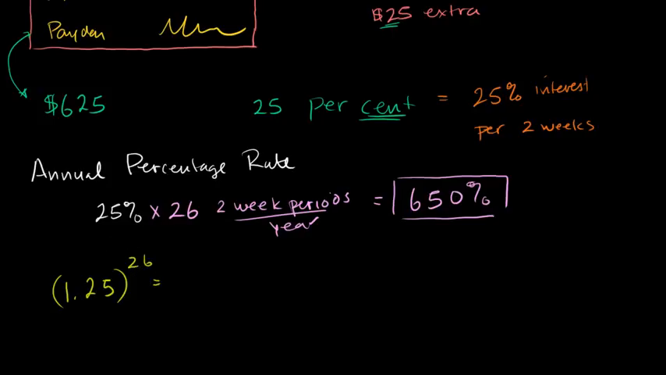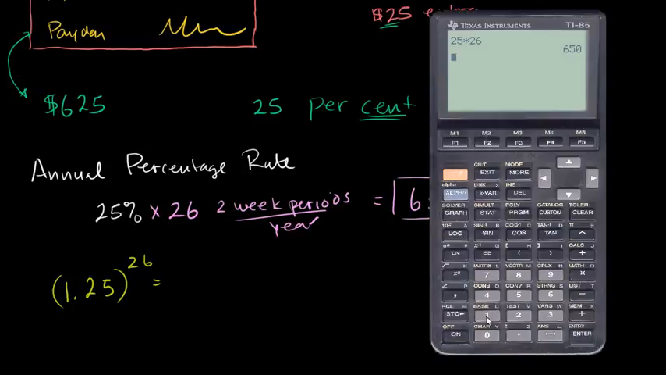And what is that going to be equal to? So we have 1.25 to the 26th power. And then we get this crazy number. We're going to want to subtract a 1 from it. Not that it's going to change much of our math. So minus 1. And we get